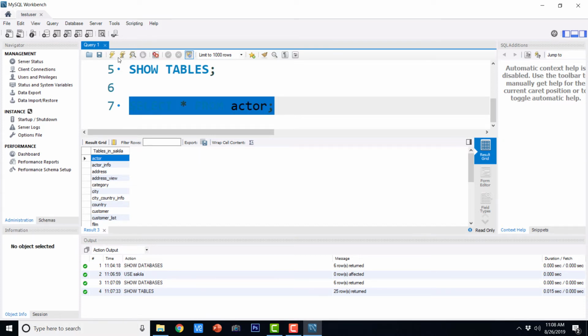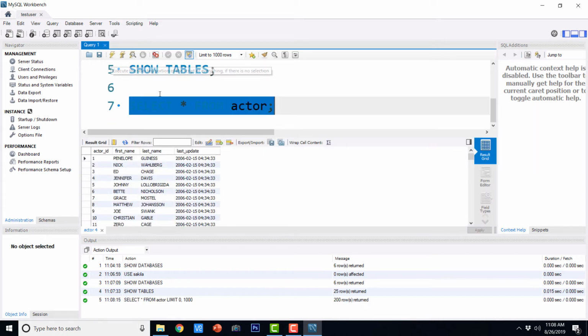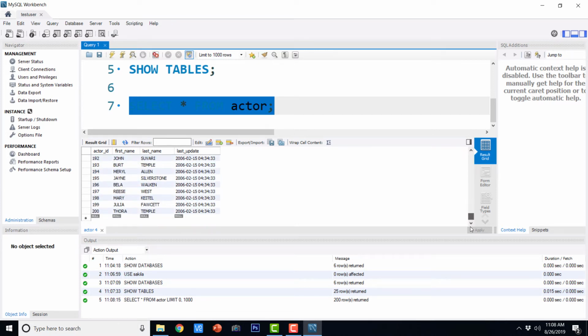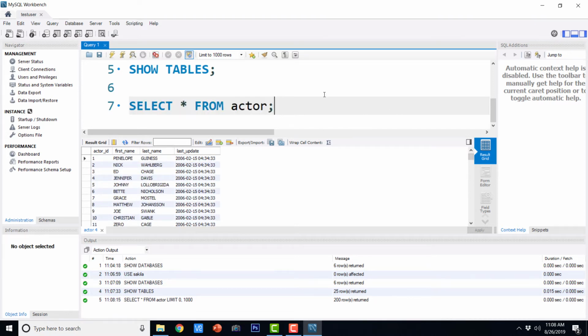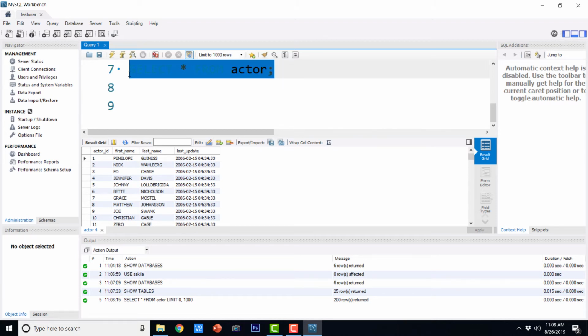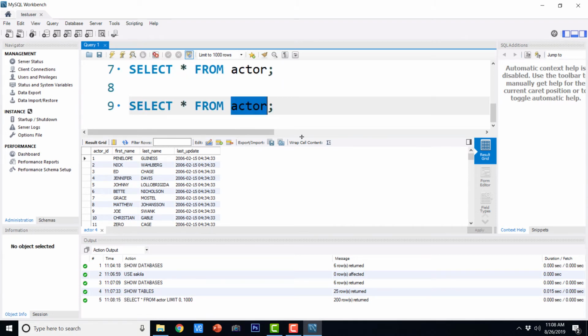And if I execute this, it is going to show me all the rows from the table actor. So the table actor has got these many rows. Now, earlier we used lowercase and here we are using uppercase.